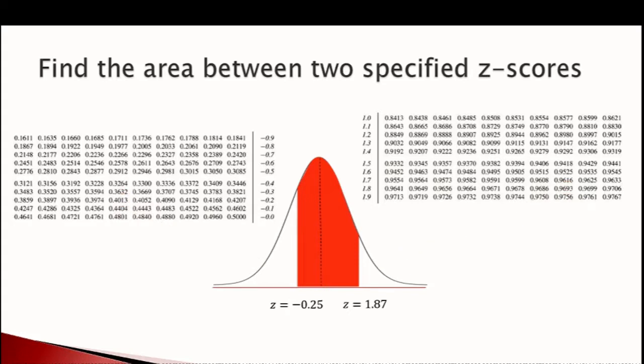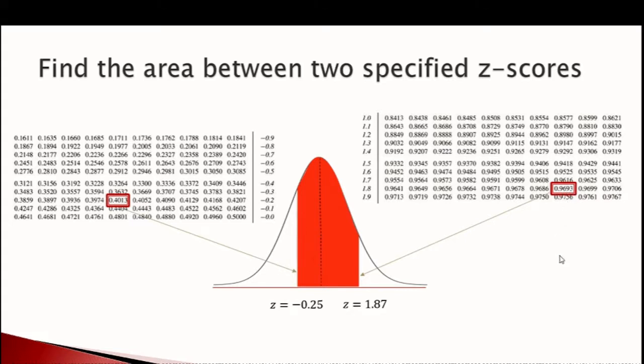Also, if I look at 1.87, I see that this z-score is positive, so I will use the second page of the z-table. I will go down to 0.18 right here and go right in the table to match with 0.07. The intersection of them will give me the area to the left of 1.87. Or if you follow through with your table, you'll have the value